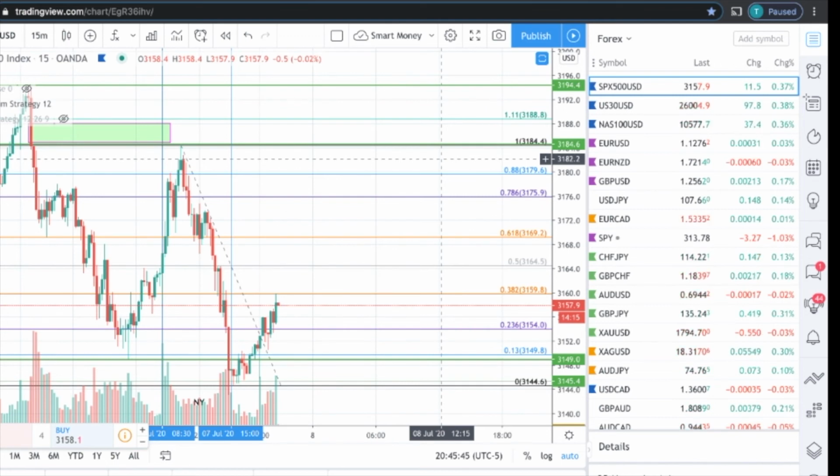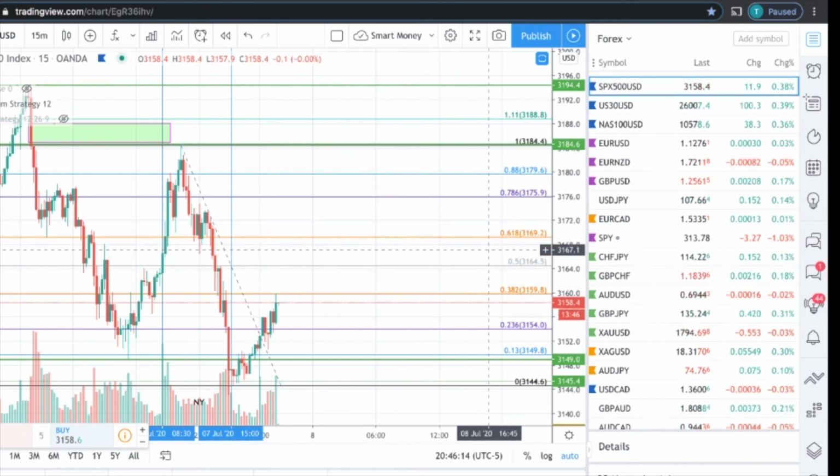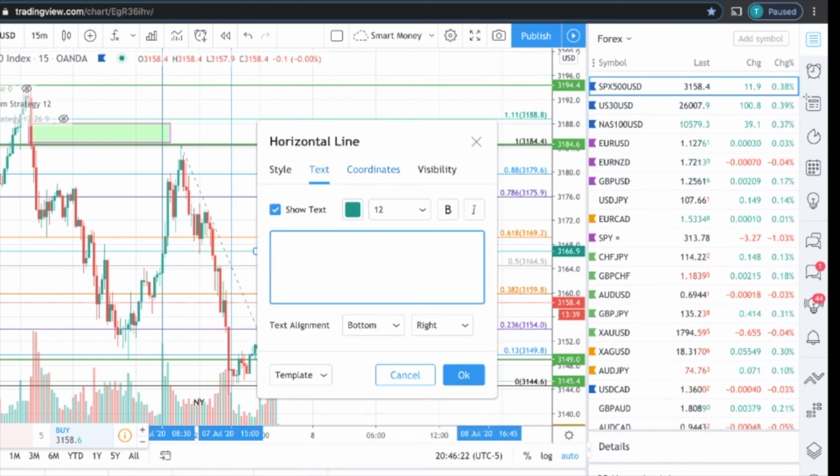Sell limit 3167. Stop loss 3188. Take profit 3147. Alright, so I have 3 bids placed on SPX 500 right now. But it's not going to happen until it reaches here. As you can see, I like lots of lines and angles and stuff on my chart. Anyway,